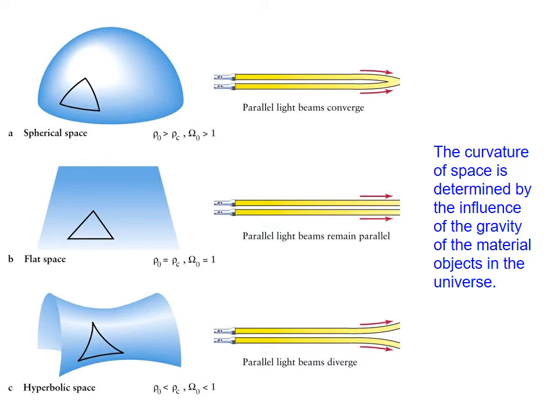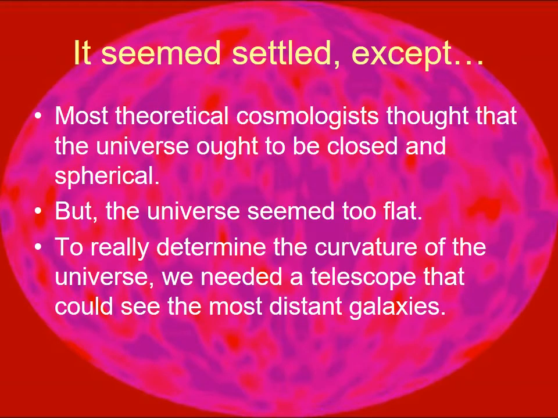Flat space, just statistically, that just shouldn't happen at all. But all the measurements kept coming up flat, and that was really problematic, because that was even worse than an open universe, or a hyperbolic universe. And so the Hubble telescope was supposed to solve all the problem. We're going to figure all this out.